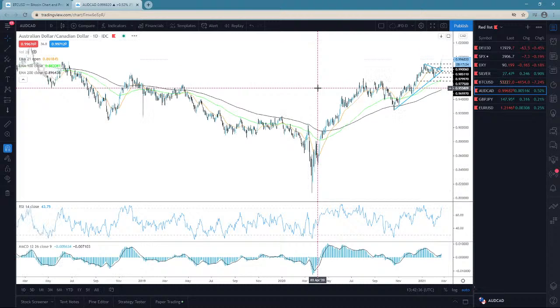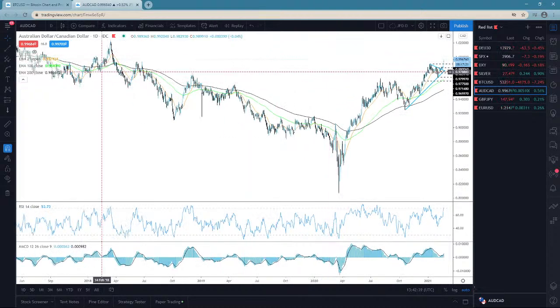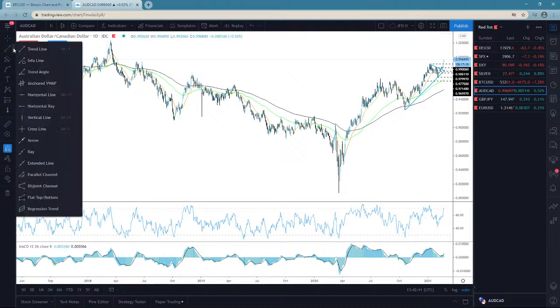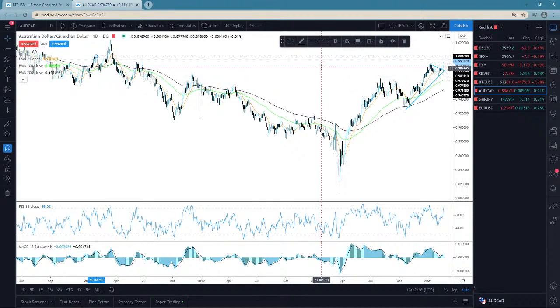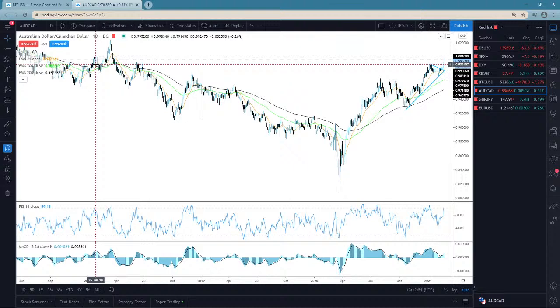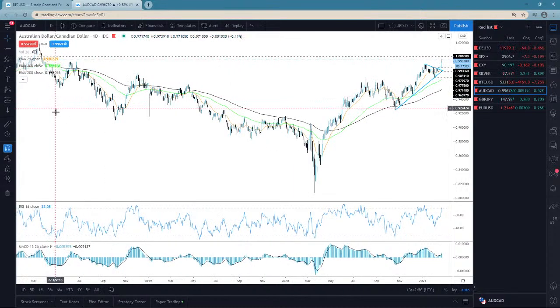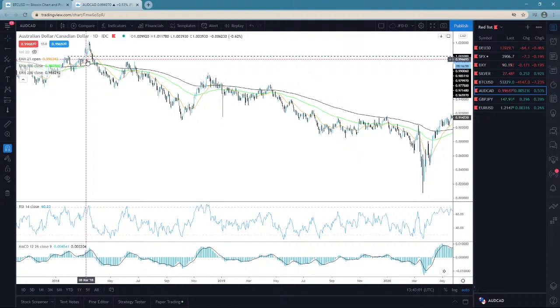All eyes, of course, are on that psychological 1 zone. Let me put some levels here on the top. One of the areas that I'm keeping an eye on is the 1.0010 territory, marked near the highest point of January of 2018. Also marked by the inside swing low here, let me put this one on the chart right here, the low of the 9th of March of